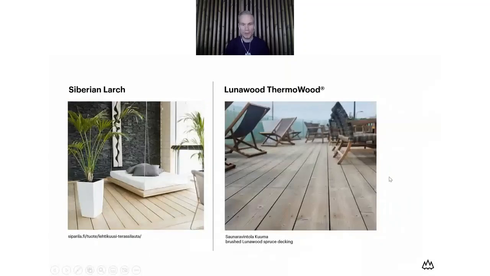Here are a couple of decking profiles as well. All of the Lunawood ThermoWood spruce products come with a brushed surface, and the brushed surface gives a really nice, natural, and a little bit rustic look for the decking as well. With Lunawood ThermoWood decking, you don't need to have too big a gap between the boards because it doesn't move, swell, or shrink. But for example, with the Siberian Larch, you might need to have a little bit more gap between the joints and between the boards